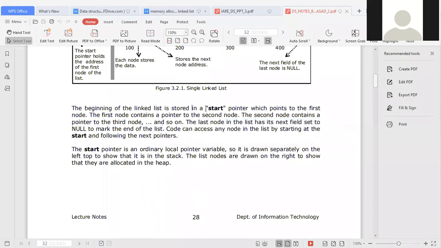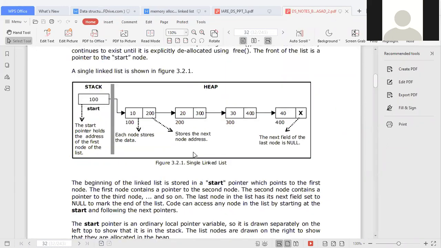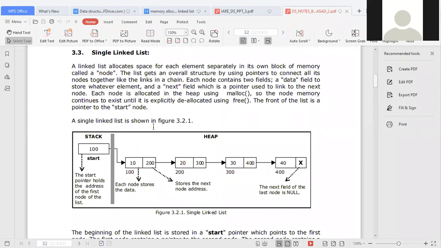అర్థమైందయ్యా? Try to understand, I am briefing what a linked list is. A linked list contains nodes, and each node contains two fields: one is the data field and the other is the next address field. The first node of the list is pointed to by the start pointer, and the last node's address field is marked by null.